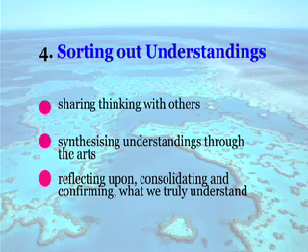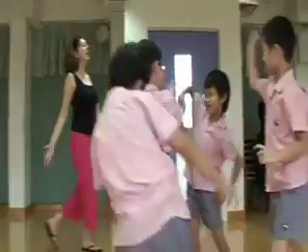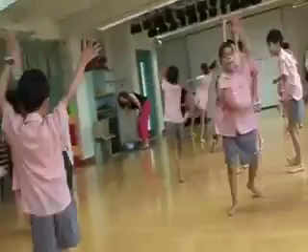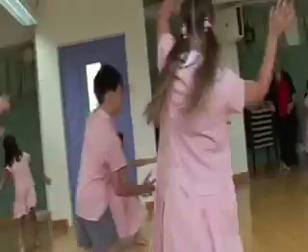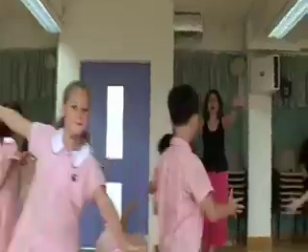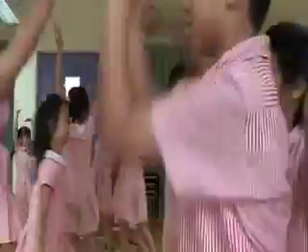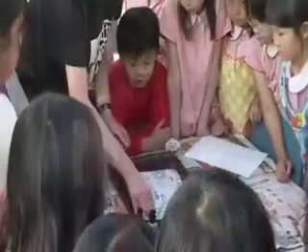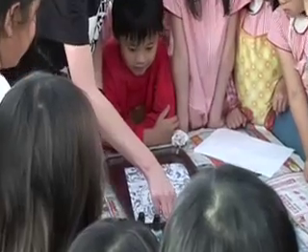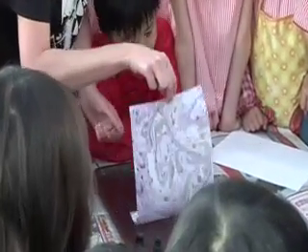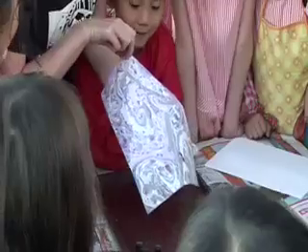Sorting out differences in understanding. In Hong Kong, the students sort out and consolidate their developing understanding of water through movement, art and poetry. They see and sense that water is something of great beauty with its own moods and textures. A detailed example of this stage of the inquiry cycle can be found in the second film with Kath Murdoch.